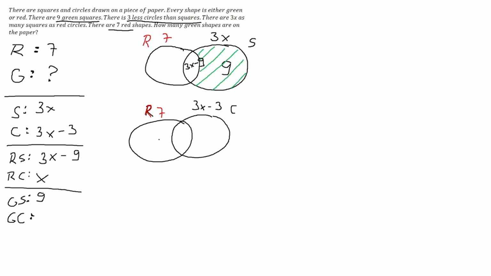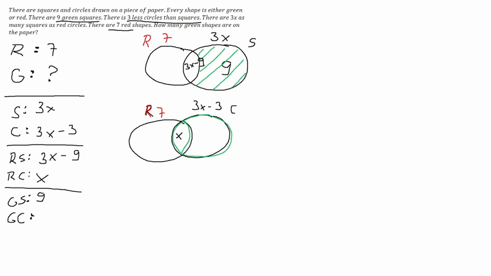And the red circles are simply x. That's our x. And if we wanted to, we can also figure out the green circles, which is right here. That's actually quite important, and that is simply all the elements in set C, if you will, in this set right here, where are the circles,